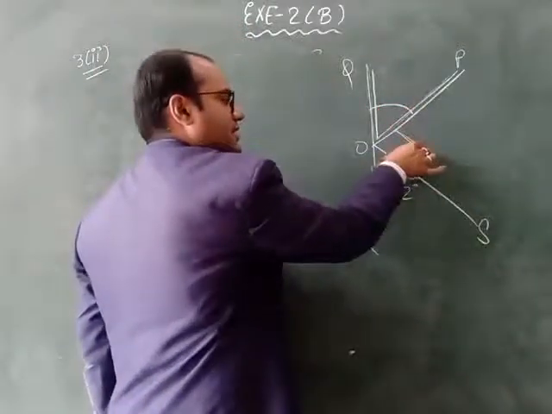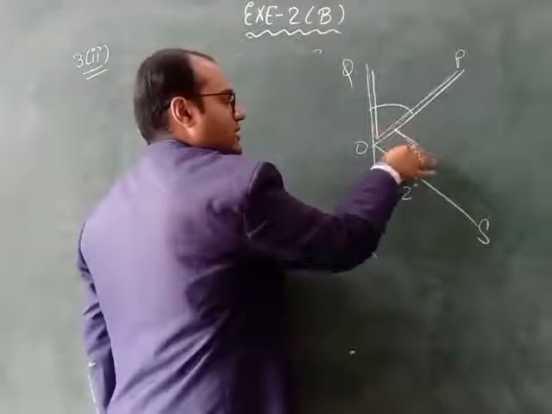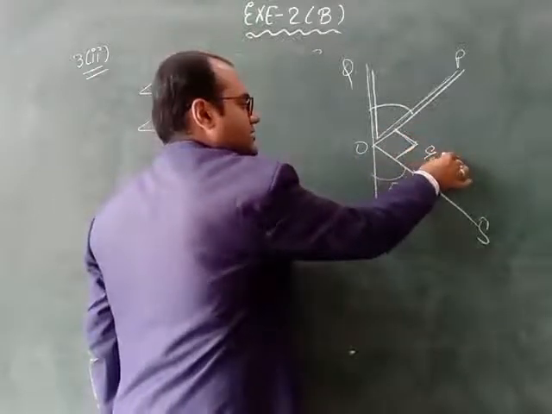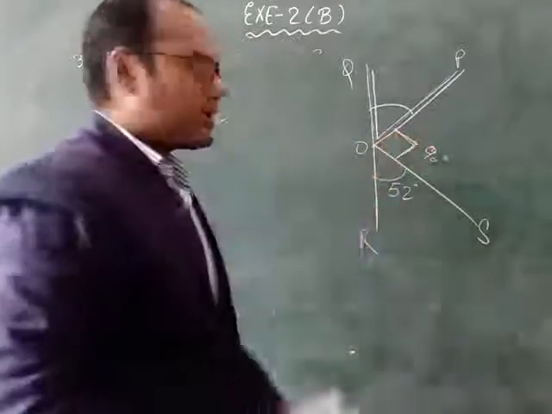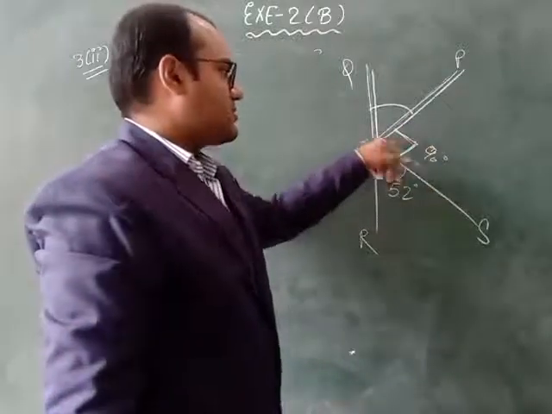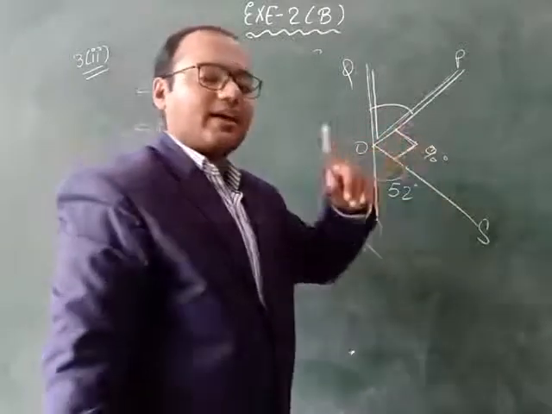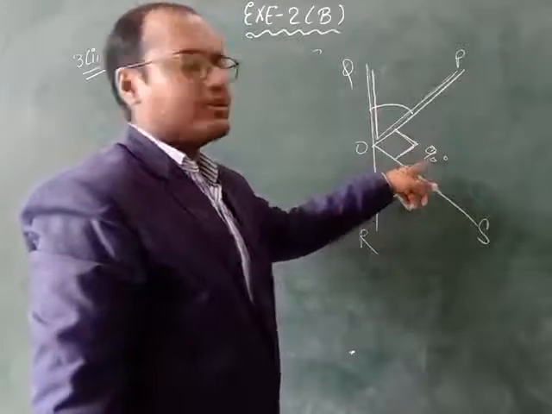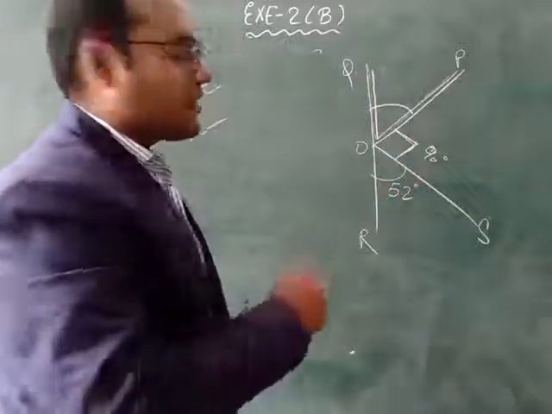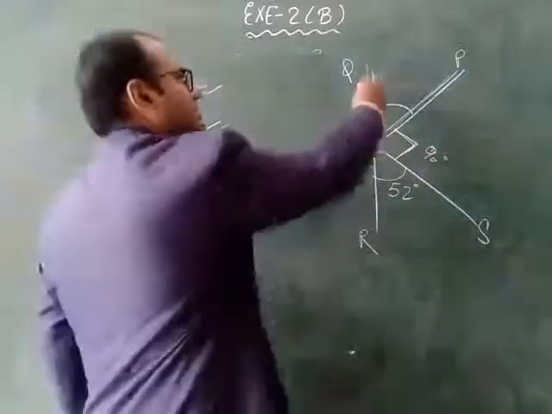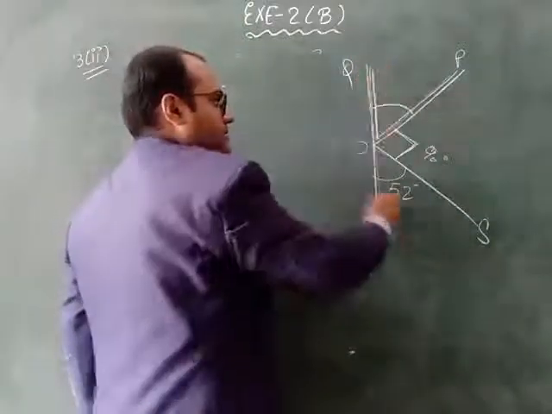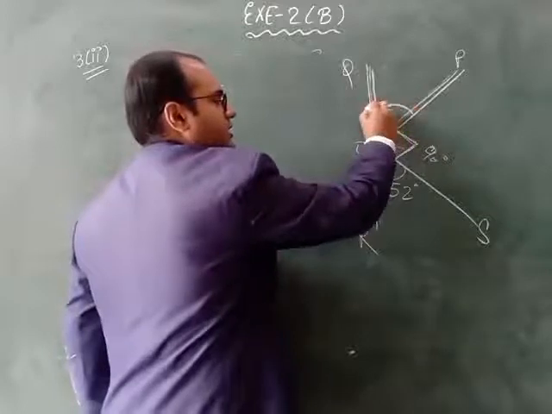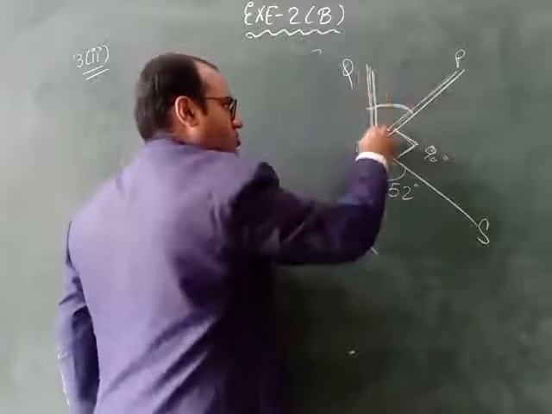This angle sign we will write as 90 degrees. This is the sign of a right angle. Right angle means 90 degrees. So we will take the angle value 90 degrees here. Now here three angles are coming on a straight line. This is a straight line. This is the first angle. The name of this first angle is QOP.